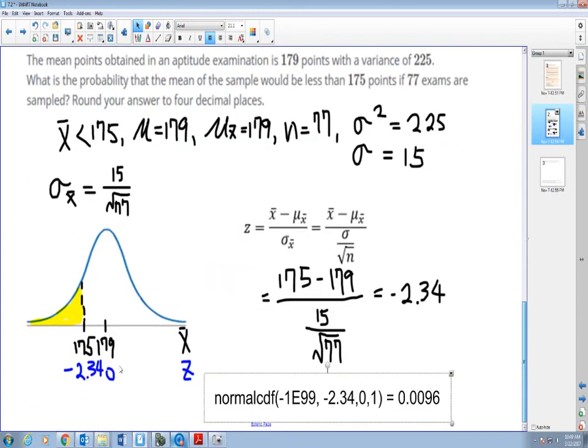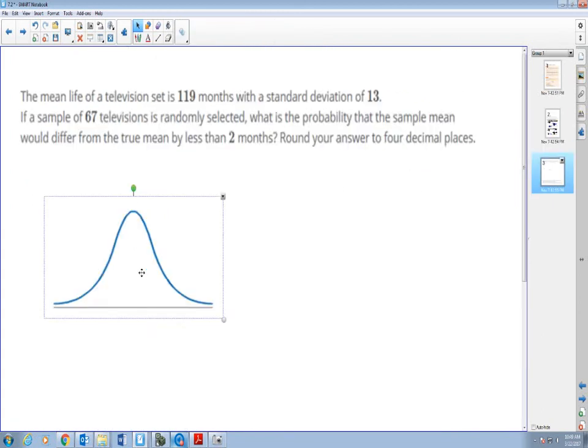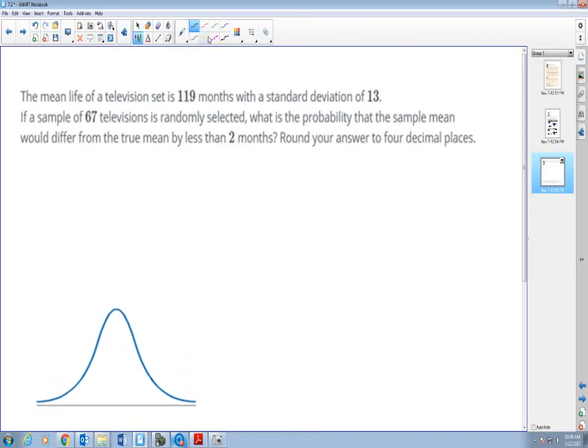Okay, we have to read this thing a little bit to show you how to read it. This thing is weird. Okay. If I scratch off the word "less than" right now, what is the probability that the sample mean will be different from the true mean, which is 119, by 2 months? Different means